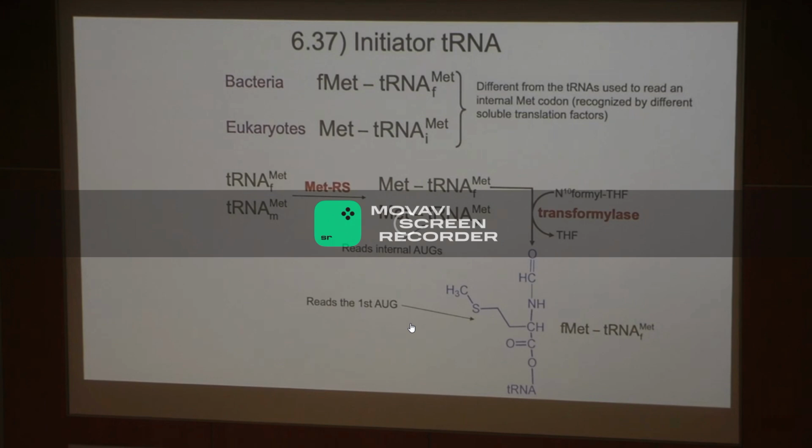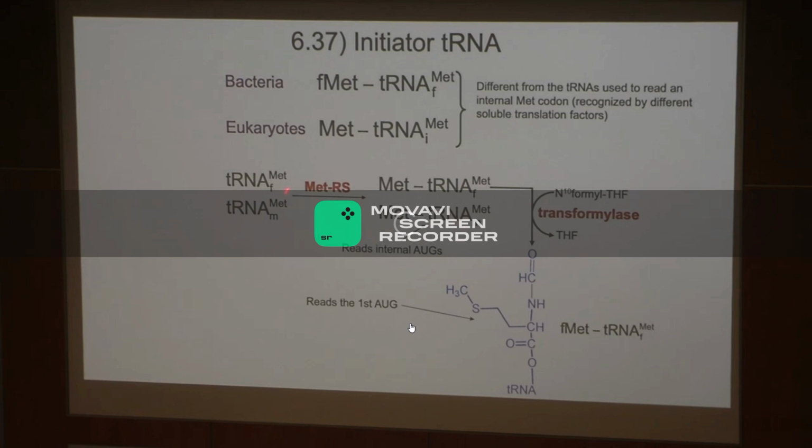And so here we see what happens in E. coli. There's two tRNAs. There's tRNA F-met, okay, which is the initiator tRNA, and then there's the tRNA M-met, which is responsible for reading internal methionine codons, internal AUG codons. Okay, both of these are charged by the same methionyl tRNA synthetase,